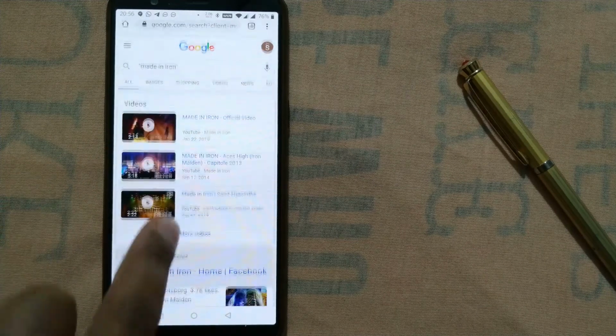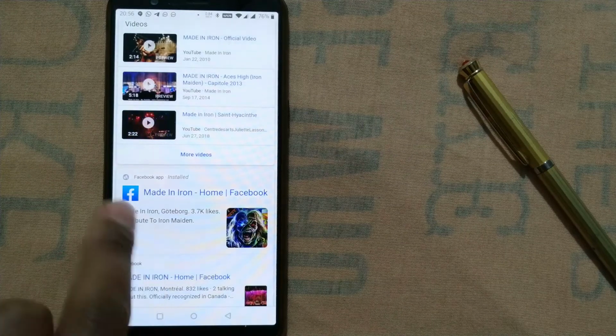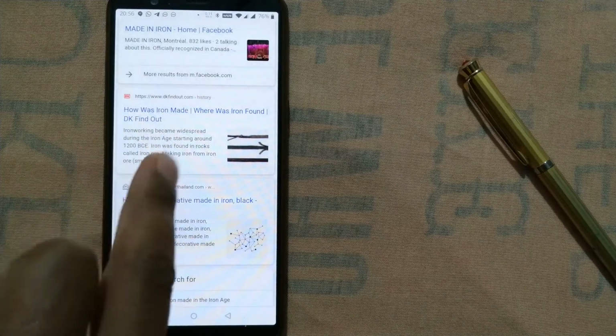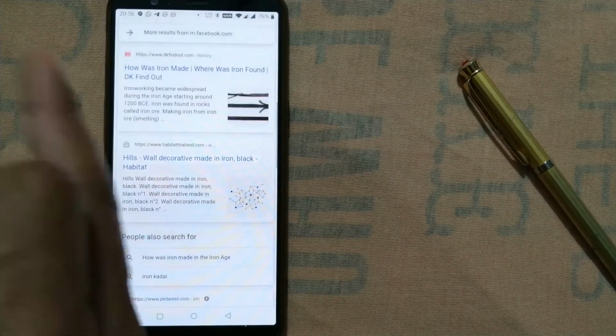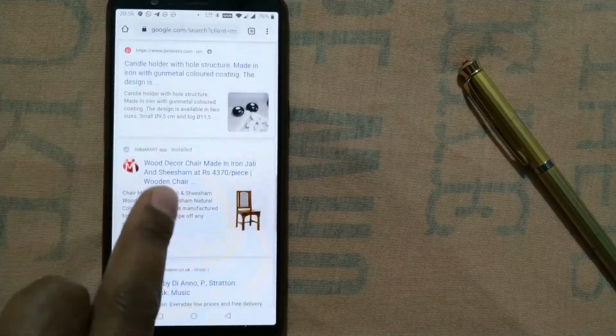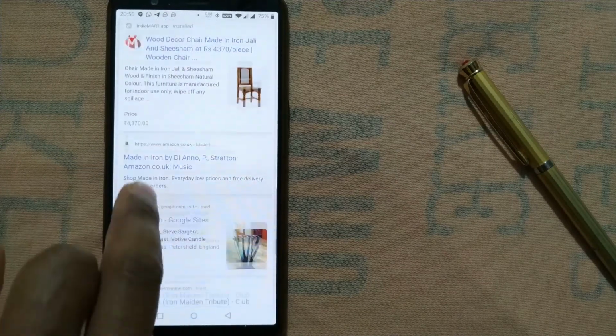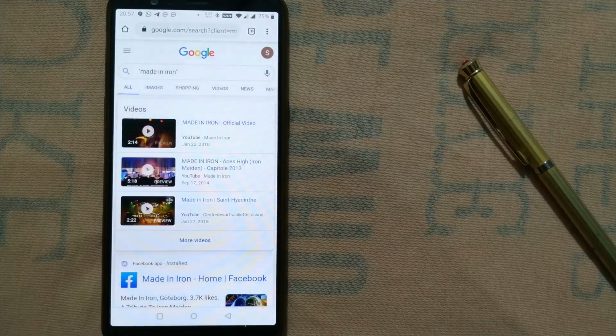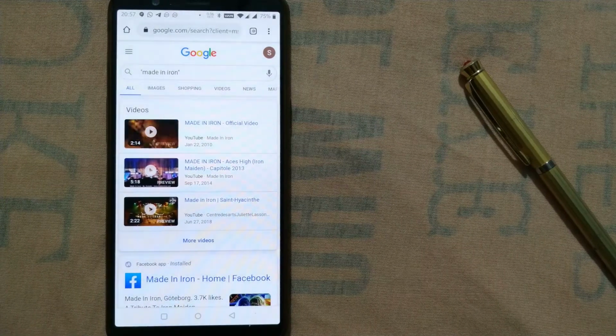Most of the search will come like this. So you can see made in iron Facebook, made in iron, and sometimes you can get something out of context as well, because it could be very popular in that handle. So most of the search will come exactly in made in iron. So if you want specific phrases or a group of words in the exact order and in exact words to be there in that search, you can put quotes here. So this is the trick you can use by putting quotes around words. So this was our second trick.